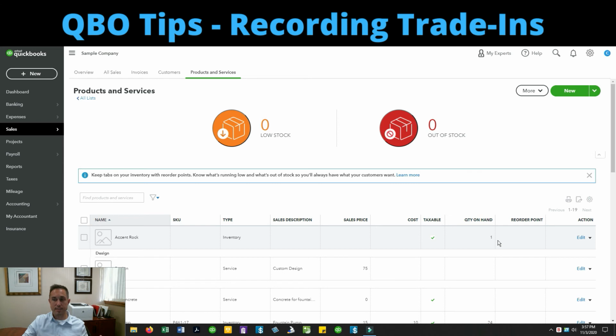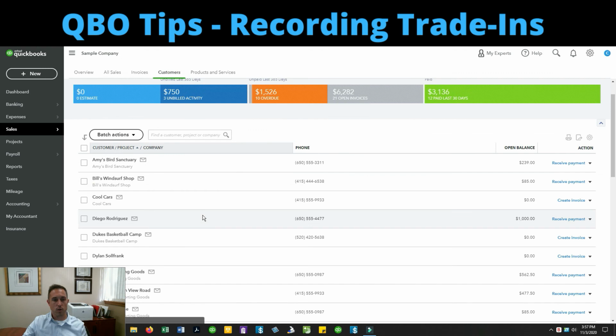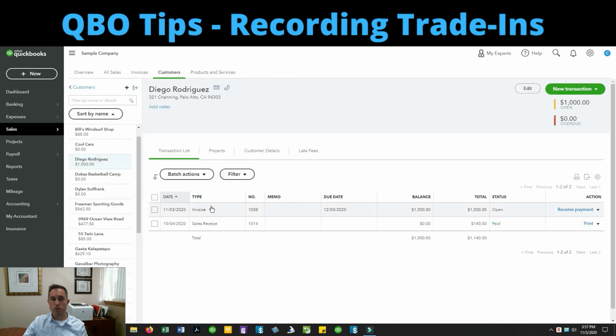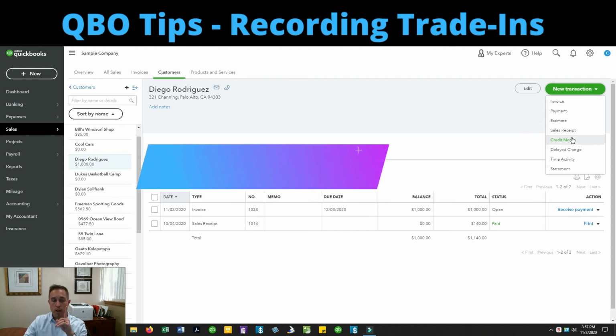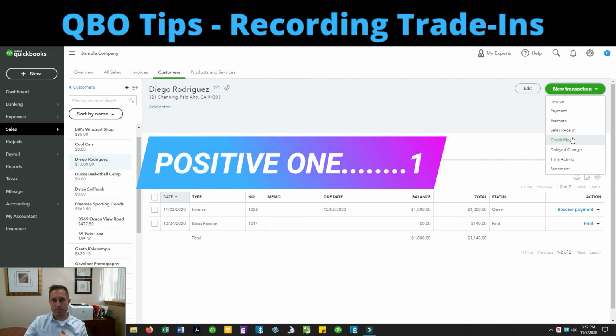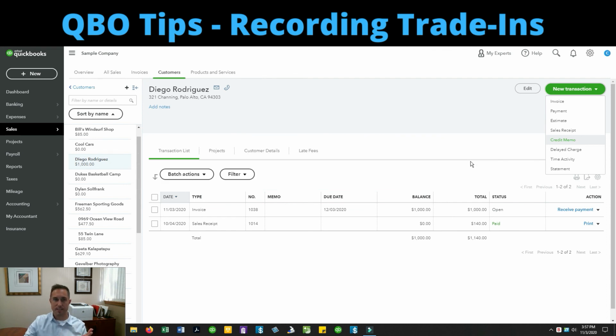So you're all set. 2 variants I would point out here is if you're over in Diego and you don't normally do invoices, if you're taking payment at the time of sale, you can do a sales receipt. Works exactly the same way. The second variant is if Diego wanted to hold that credit on account for a future use, instead of adding it to the invoice here, we would have just created a credit memo using that accent rock for +1 and that $150. That's it.